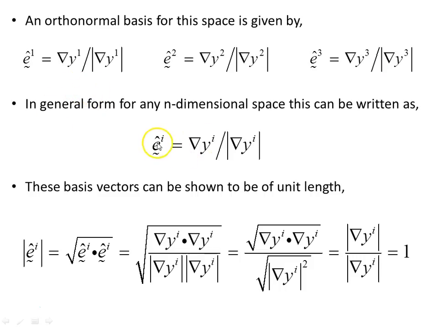Or in general form, e contravariant, upper index i, this object here. This can be shown to be of unit length as well. We take the modulus again and follow the same process that we did before. Same definition, same process: this is a vector dotted with a vector, and the square root of that gives you the modulus of the vector. This object here is two moduluses multiplied together, then square rooted, so it gives you a unit length. So each of these vectors is of unit length, and as we saw in the previous video, they are also